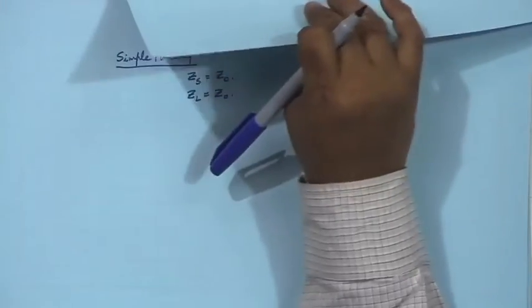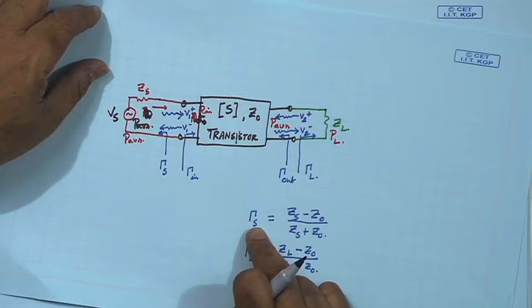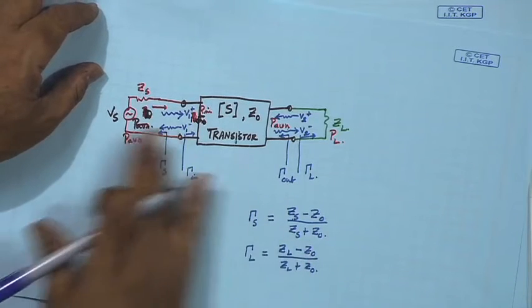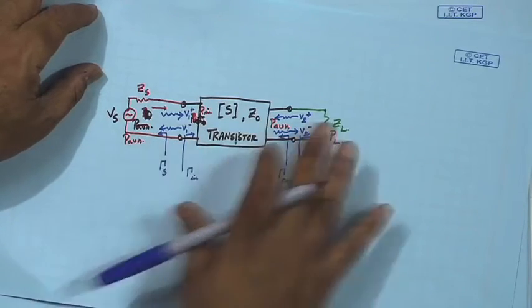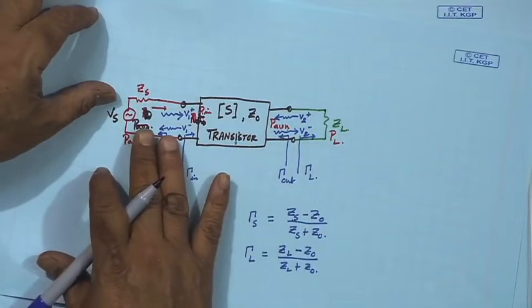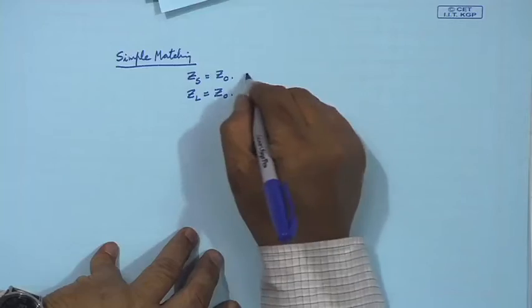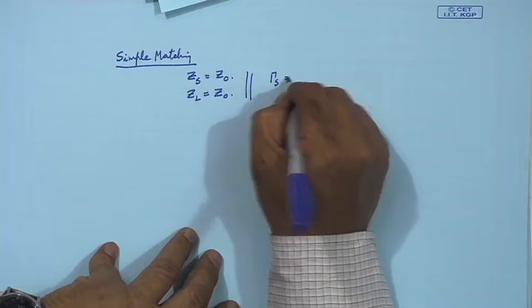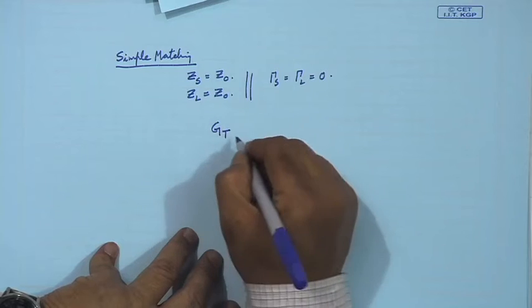But if you look at the expressions of gamma s and gamma l that we have done, if I have Zs equal to Z0, gamma s will become 0, the reflection coefficient, there won't be any reflection at the source, there won't be any reflection at the load, but that does not ensure maximum power transfer, that ensures less than maximum power transfer. But sometimes we just need to cut the reflection, we are not so bothered about maximum power transfer. So in this case this implies gamma s is equal to gamma l is equal to 0, and then what happens to this, you can say Gt